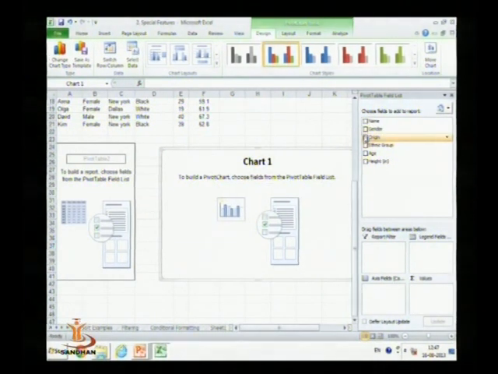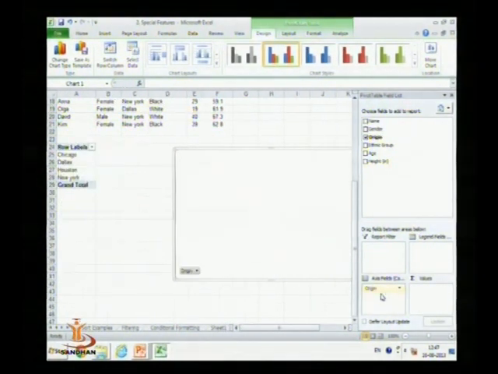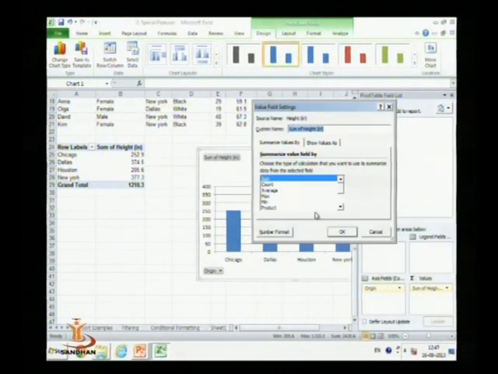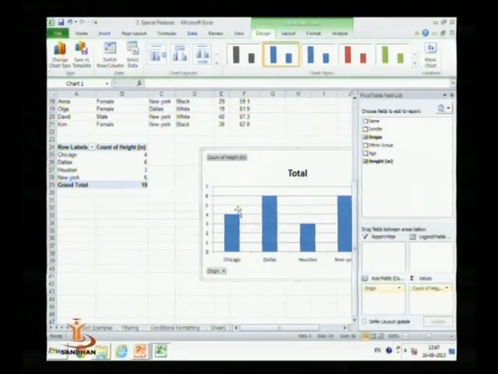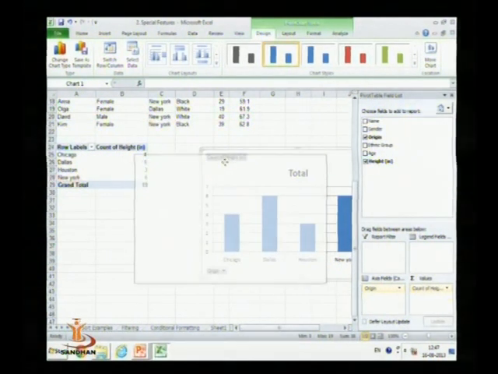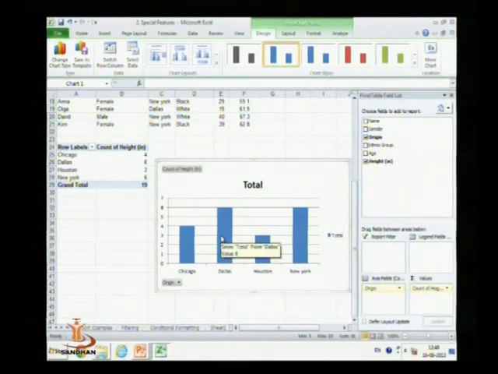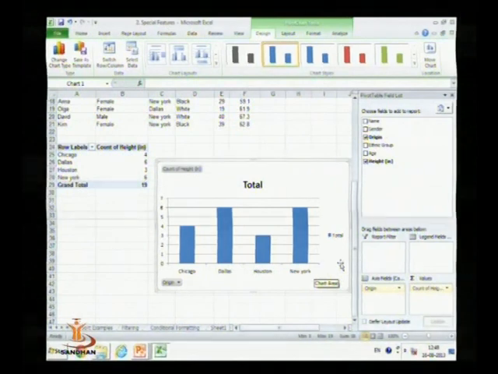Now select origin in the row field and height in the column field, and here we can use the function count. So the count function can be used. So this graph will display the number of persons having different heights in different origins.